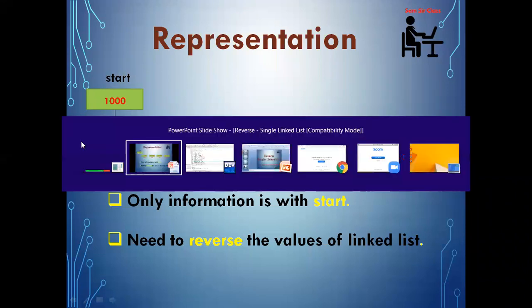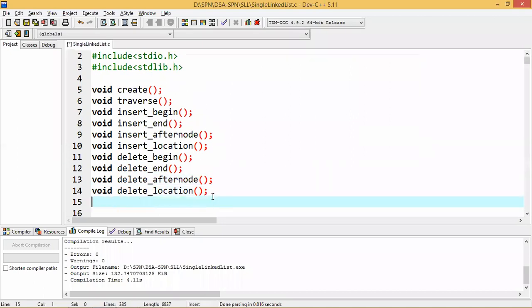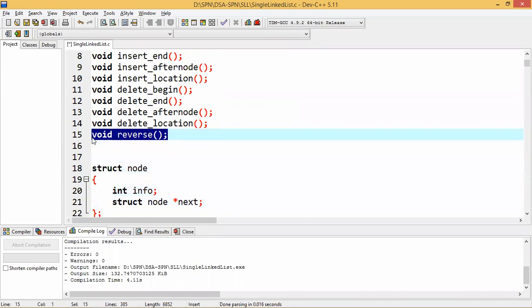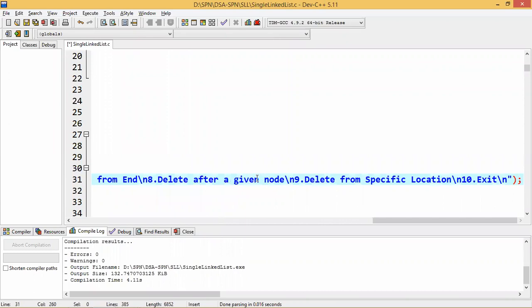Okay. So whatever we have discussed, let us write down the program for that. Clear? Void reverse. I need to add a menu option for this.